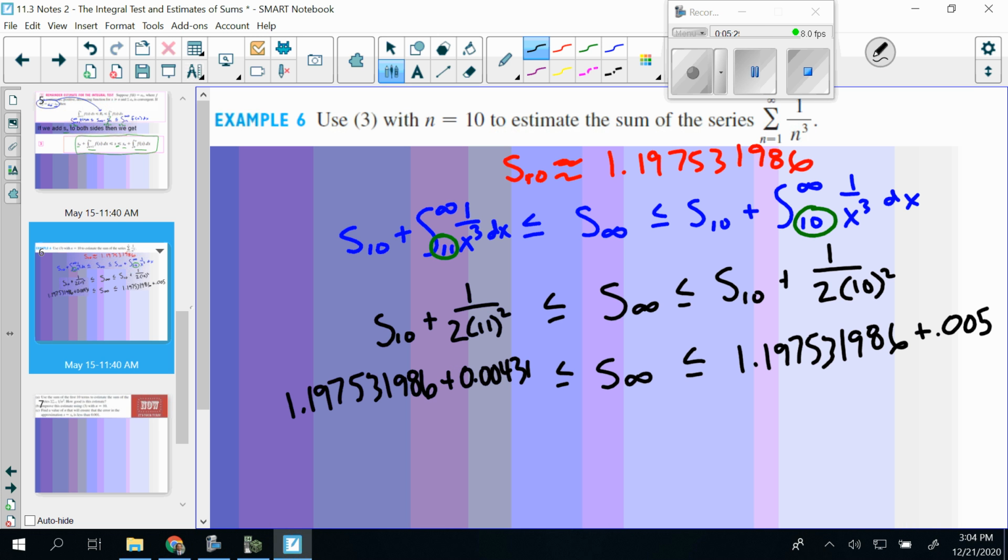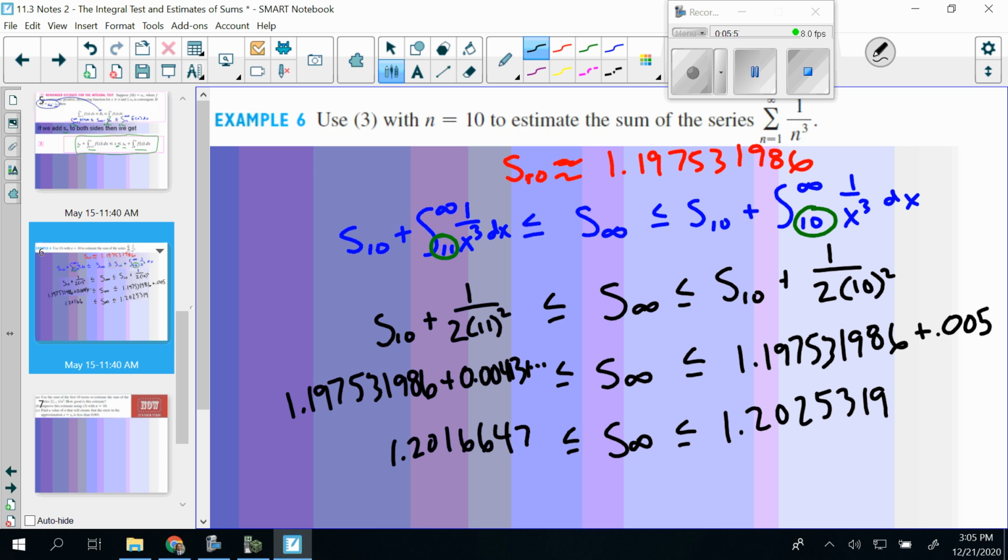So now we want to add these up and see what our infinite sum is going to be. We add these up on this side, and on the other side, adding this. So we know now our infinite sum is going to be somewhere between these two values. So we started to narrow down our